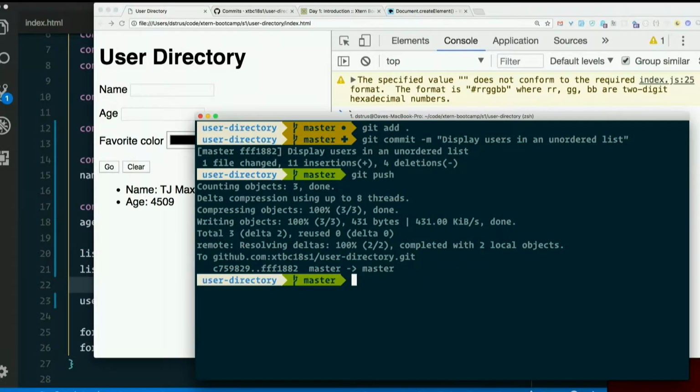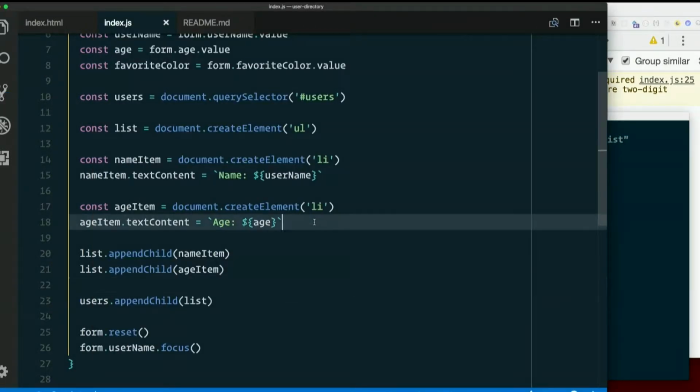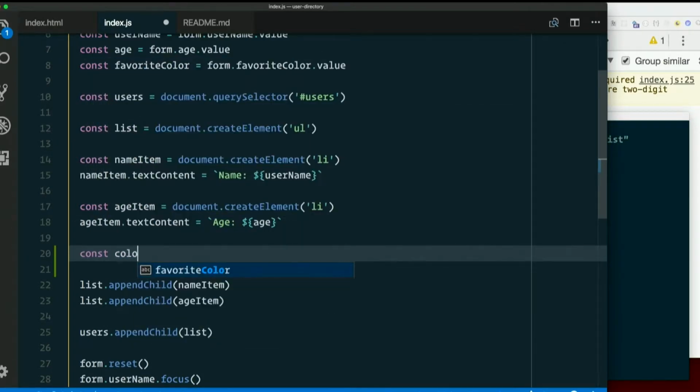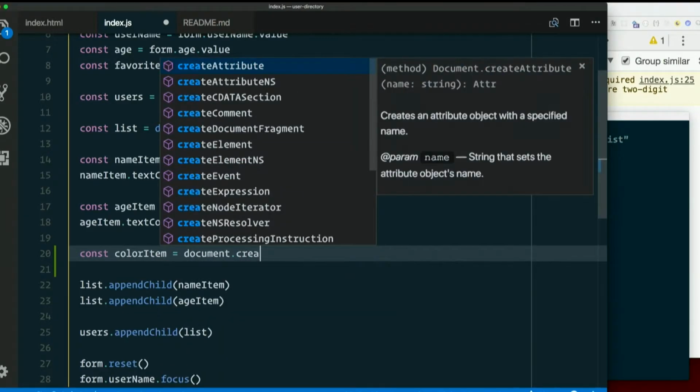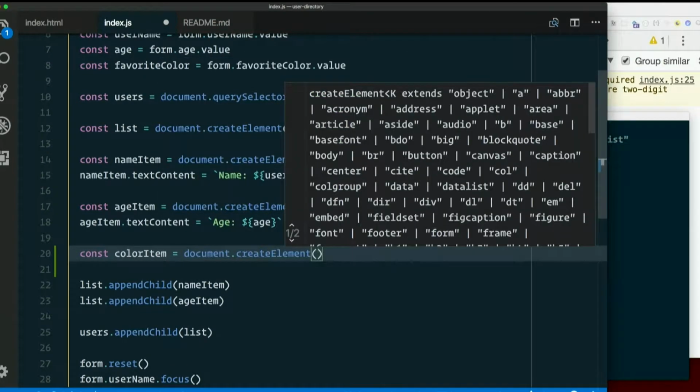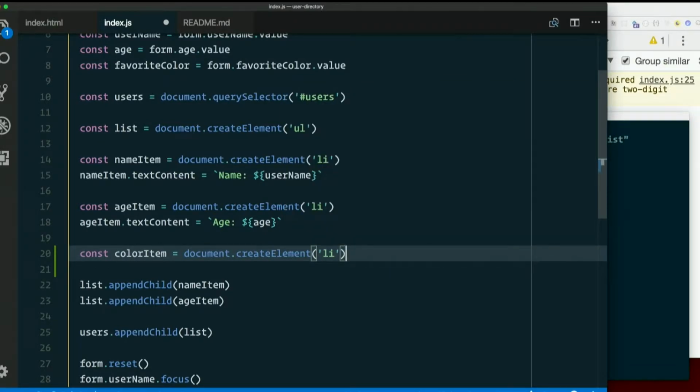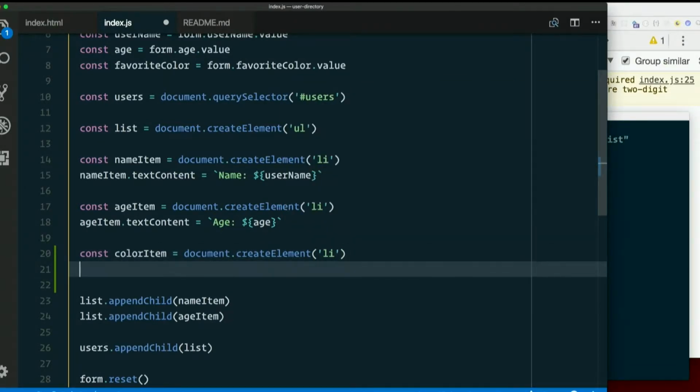If we use the color again, but this time let's do it a little differently. Let's do it in another item. So let's say const colorItem equals document.createElement li again. Say colorItem.textContent equals "Favorite color"